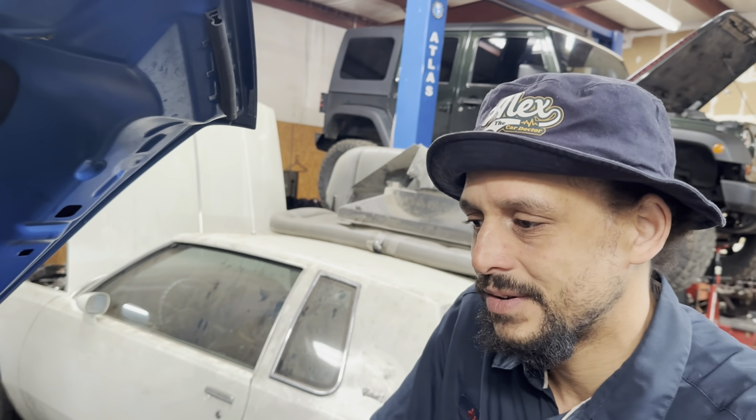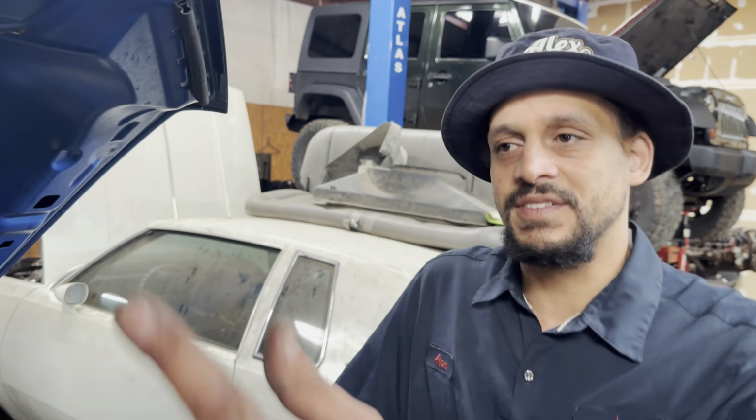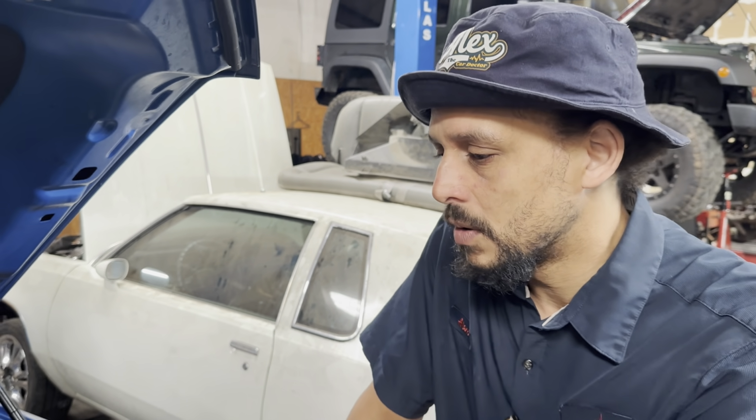So I didn't receive none of this knowledge. I was kind of shooting in the blind here. So of course, knowing me, I dug a little deeper. I'm like, okay, if it had a light skip and now it's a heavy skip, and they continue to drive around with it,